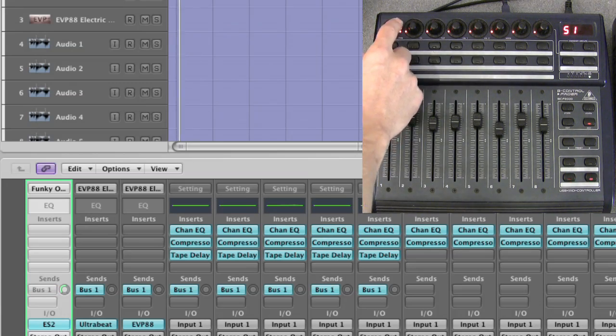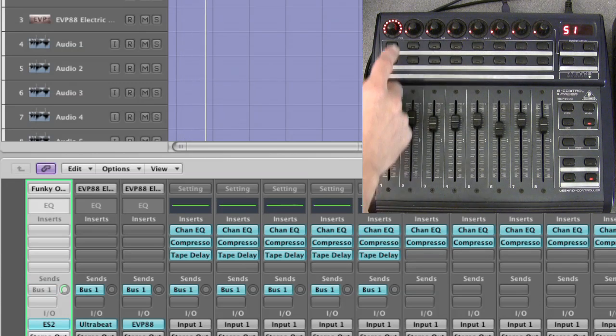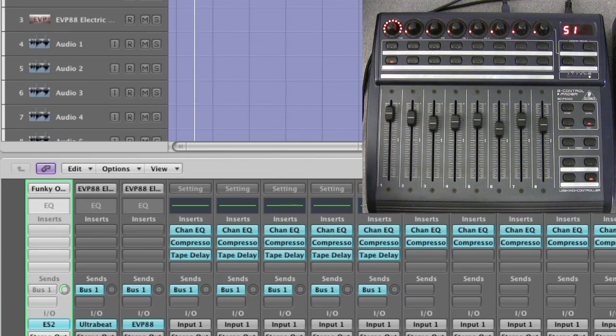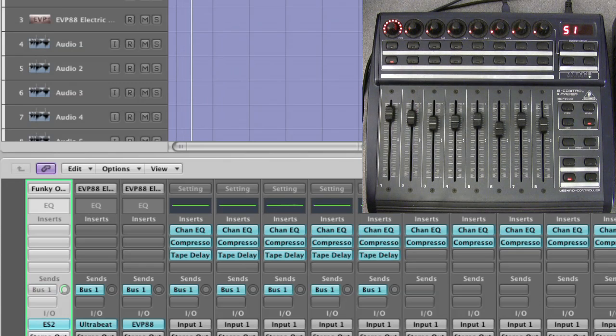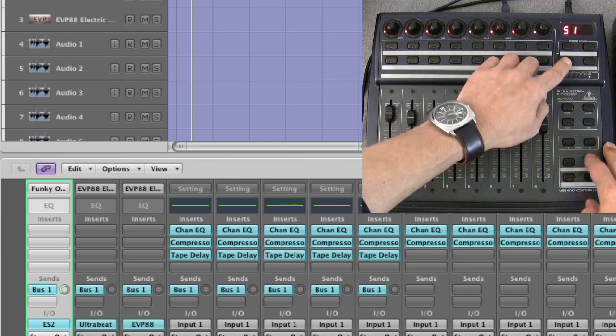You get the idea. Yeah, okay. So you can use it like that to mute the send on and off, to do little reggae dub blips, or you can switch it to